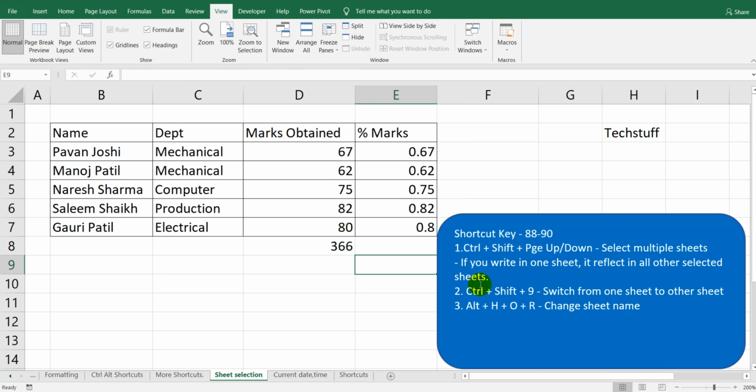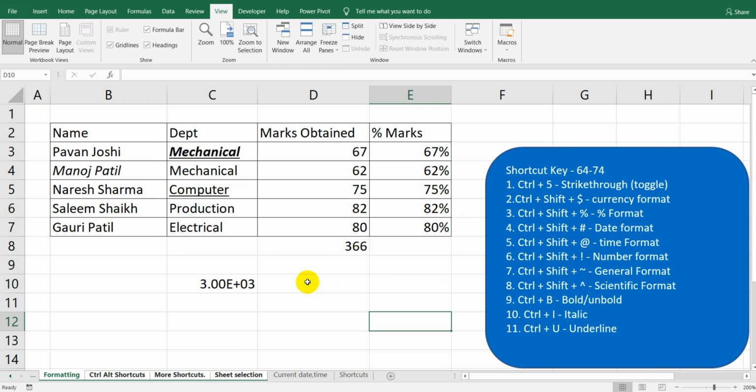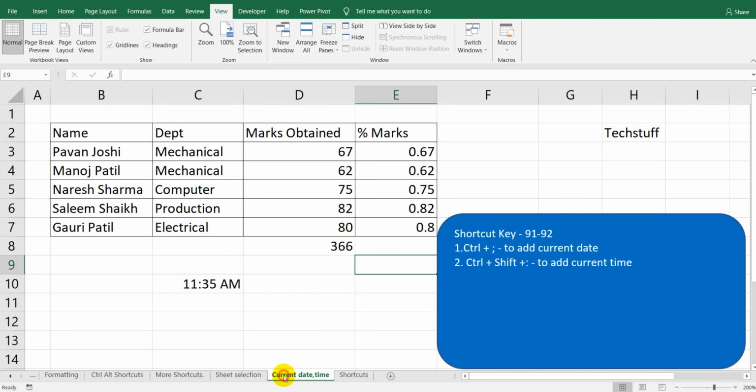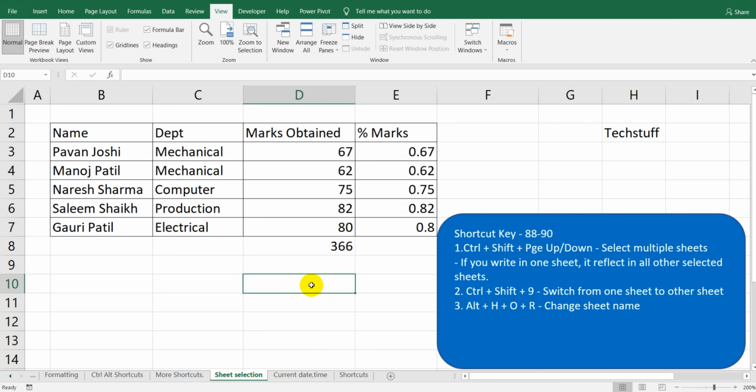Yeah, and the next shortcut is Control Shift 9. If you want to switch from one sheet to another sheet, then we can use Control Shift and 9. This option may differ from laptop to laptop. On my laptop, Control Shift 9 is working for switching from one sheet to another.